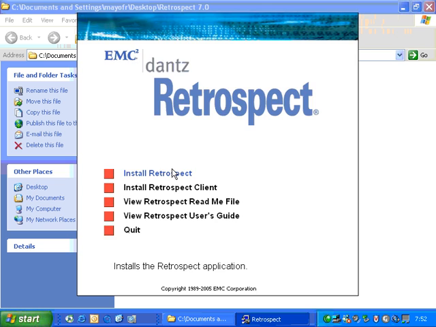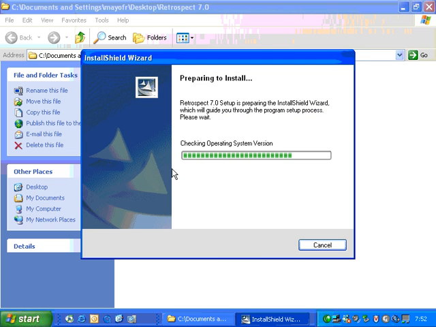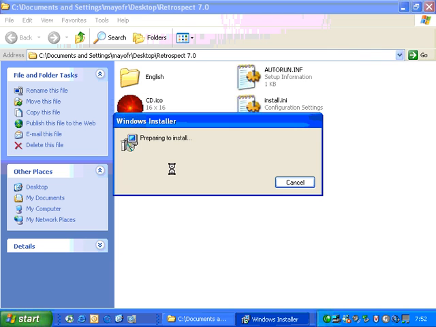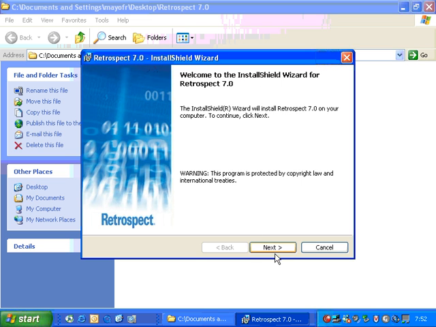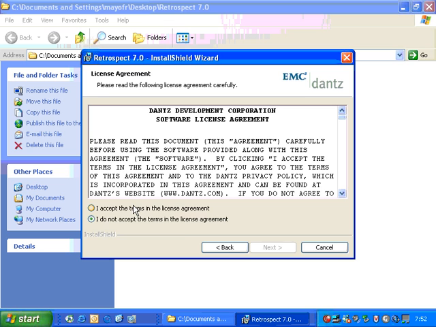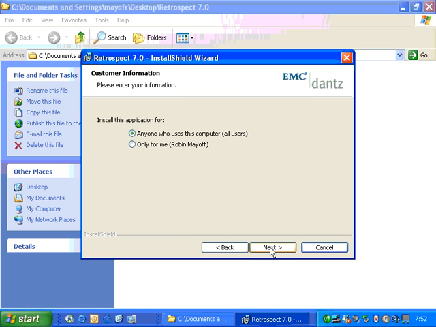So if we choose install Retrospect, it goes through the installation. Now typically the user will not need to restart the computer after installation. And it should only take a moment for it to install. And we click next, and we get the standard license agreement, next, and then it will install for all users